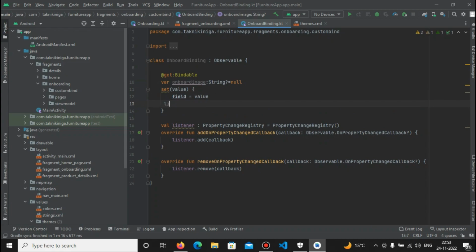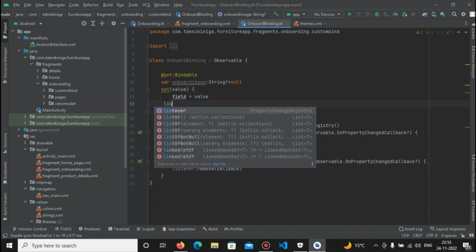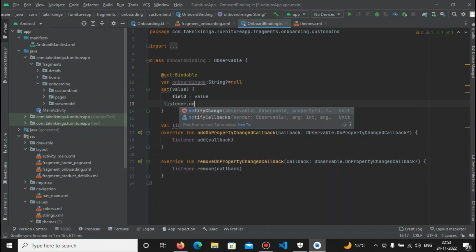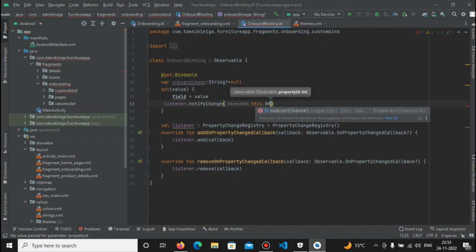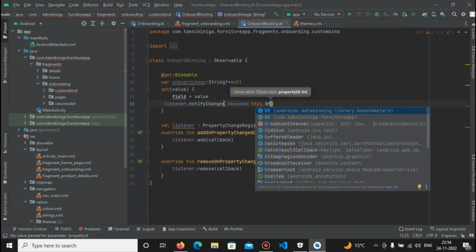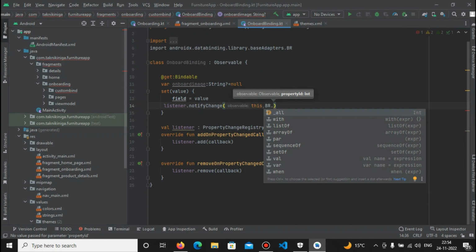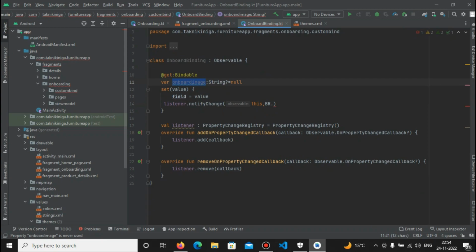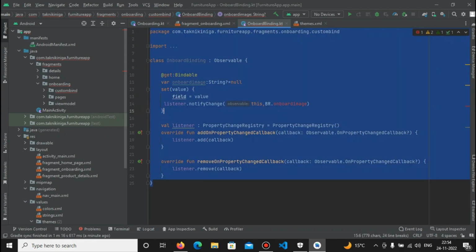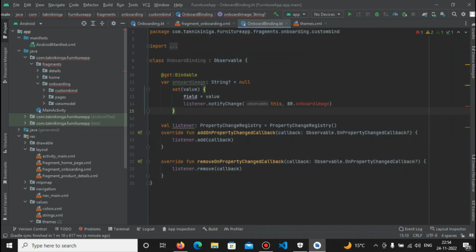So after invalidate cache, let's try it once again. So listener dot notify changes, and in this I'm going to pass this. After that I'm going to try to get that file, and yeah, I got that file. Okay, and don't worry, it will not suggest your exact variable, so you just have to copy and paste after that, and when you rebuild your project, then it will create that variable inside the BR file,